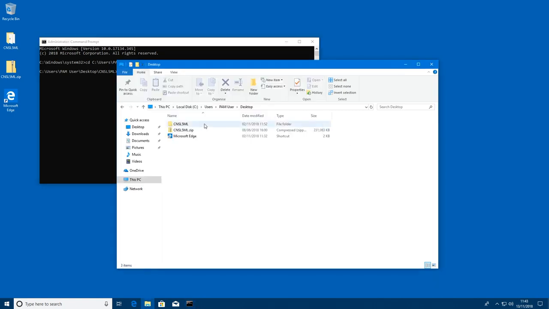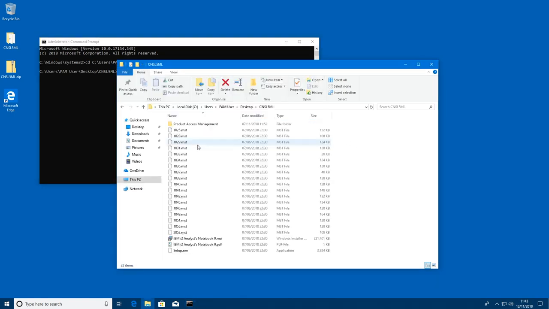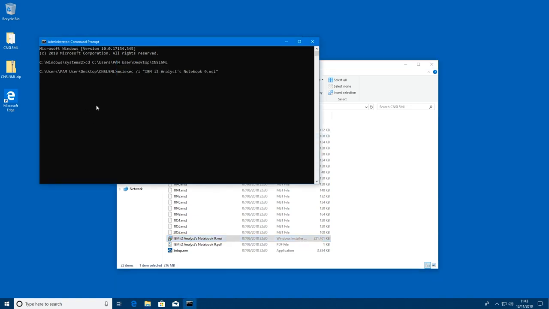If we look at it in the GUI instead, you can see that in here we find IBM i2 Analyst Notebook 9.msi. And all this is going to do is essentially exactly what would happen if we double clicked it, except it's going to do it with an extra command line which we now need to provide. So we have the initial installation file we want to install, but we're also telling it that we wish to do